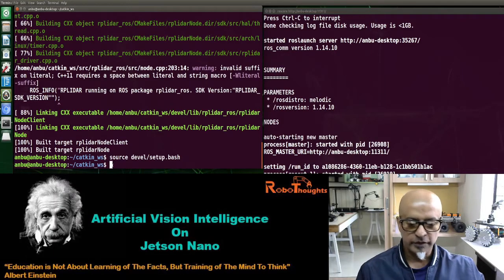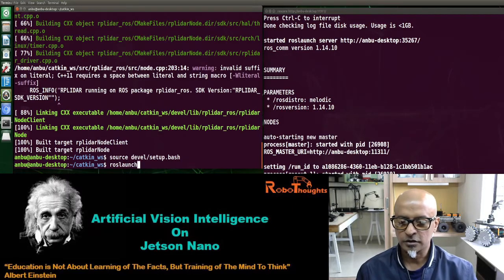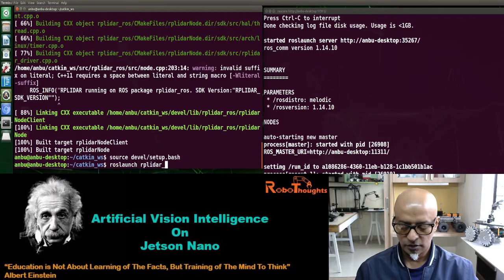The way we are going to do it is roslaunch rplidar_ros view_rplidar.launch.